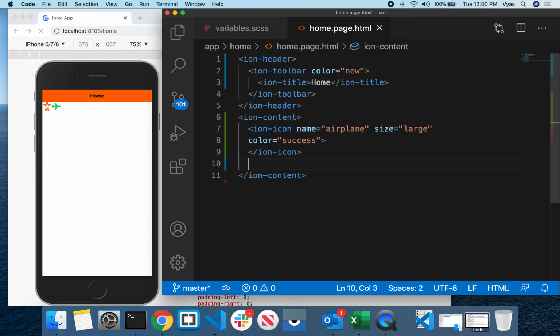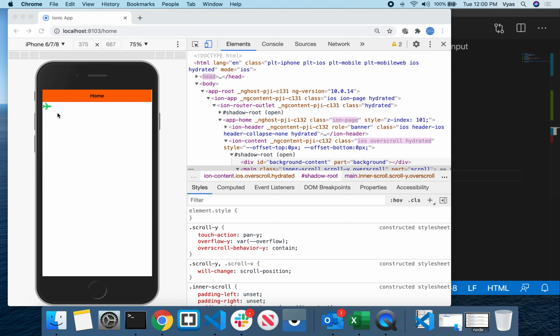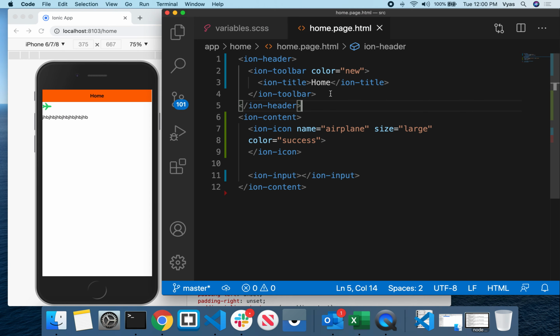Whenever I want to use the input fields, here in the Ionic framework you already have a tag that is called ion-input. When you use ion-input, it will display the input field inside your HTML page like this. See here, I can enter something in the input field like this. Okay, so this input field will have some attributes.